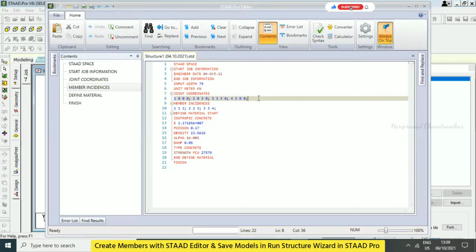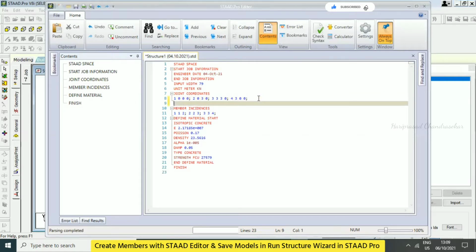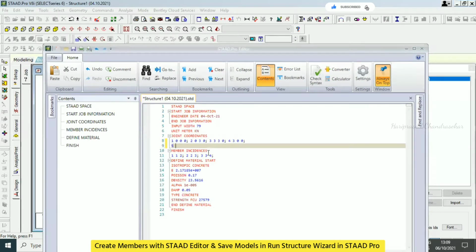If you want to continue this, what can you do? I'm just going for 5. And then I need another node, 6, x6 and then y3. So x6, y3 and then z0, and then semicolon.